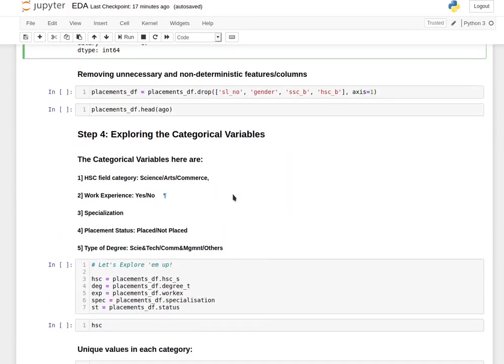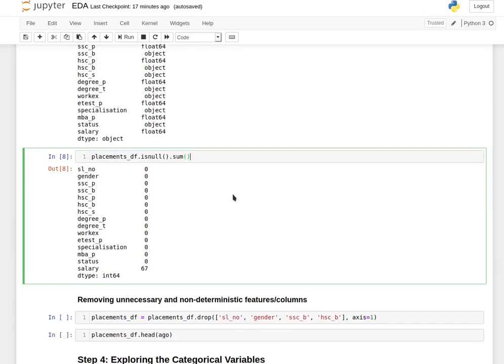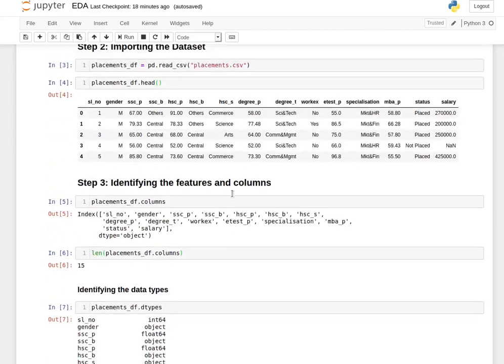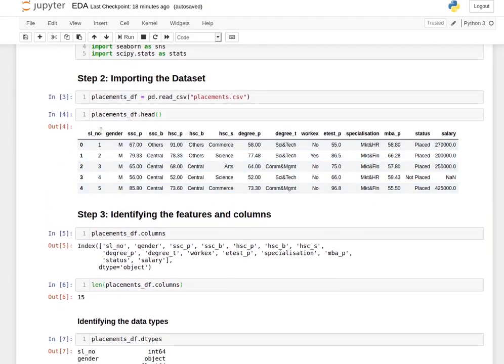the next thing in this step is to remove the unnecessary and non-deterministic features or columns. Now in this dataset, we don't need the SN number because it is just an index starting from 1, so I don't think we need it, right? Then there's gender. Now, do we need gender? Do we actually need to look at how many male people were placed or female people were placed and so on? Now, as we are going to use the dataset for predicting if a student will be placed or